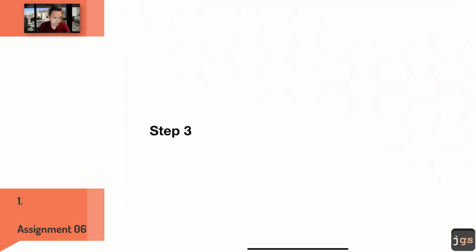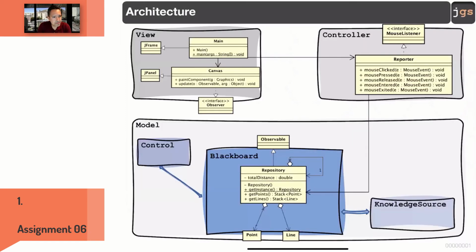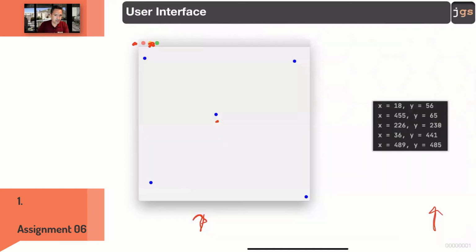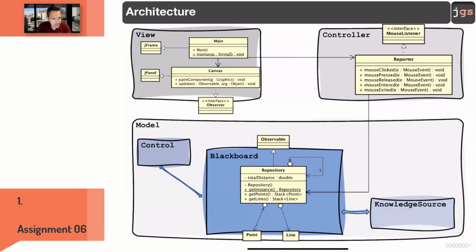step 3. Step 3, you're going to start with this. This is the mandatory class diagram. This is the mandatory source code that I am asking you for this part. You should have these classes, these things. And after you have this, the next step,